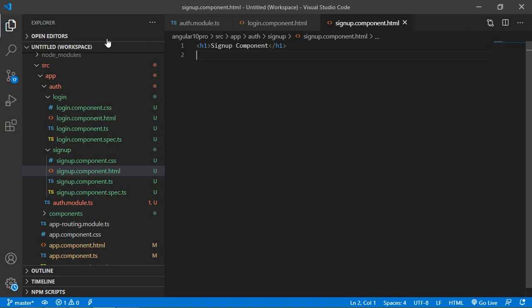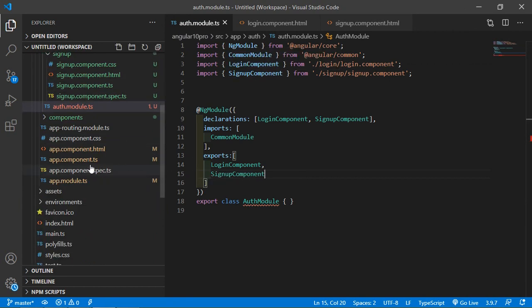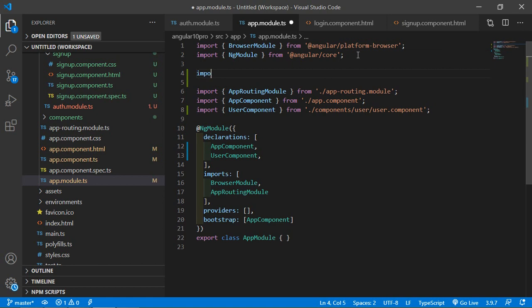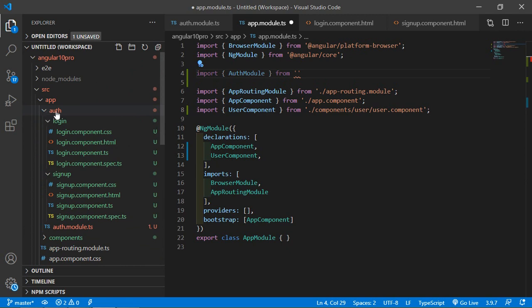Now add this auth.module.ts file inside the app module. So just open the app.module.ts file, and here first of all import the auth module. So just write here import AuthModule from, and just pass here the path of this auth module, which is dot slash auth slash auth dot module.